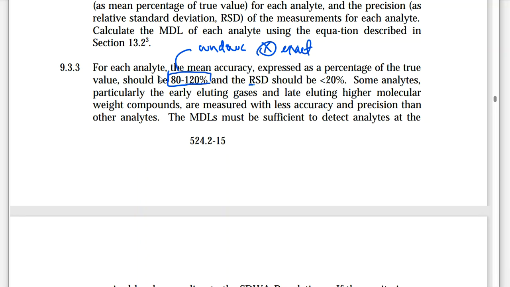And that the relative standard deviation, keep in mind, what did that mean? Relative standard deviation should be less than 20%. So this is actually percent RSD. They didn't say percent RSD, but I know that it's percent RSD because they gave me that value in terms of percentage. So that's my standard deviation divided by my average times 100. We talked about that in the stat section, and here it's showing back up, and that's one of the reasons that we talk about it, because they are built in the methods